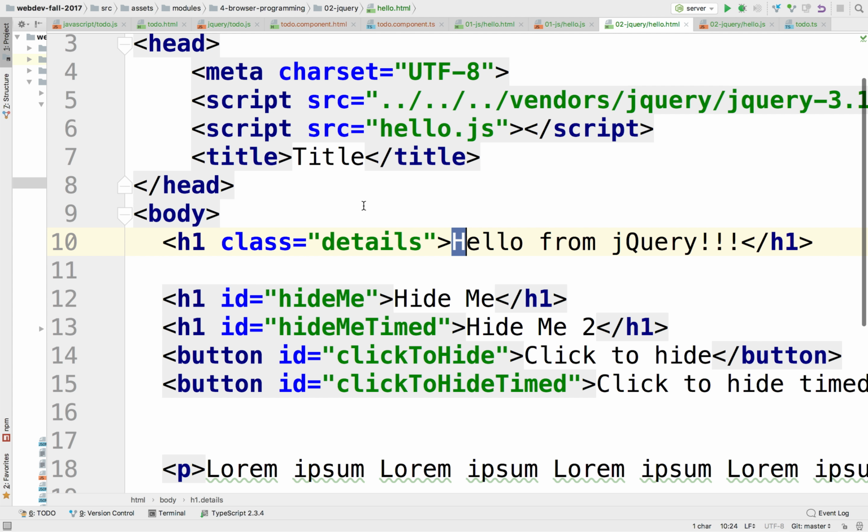This is hash, hash, hash, hash, and hash. Okay, let's refresh. If I click on click to hide, it hides the first one. How about the second one? The second one, it's not. If you grab the same one, the second one is called click to hide timed, and if I click it, I'm going to hide the second one.